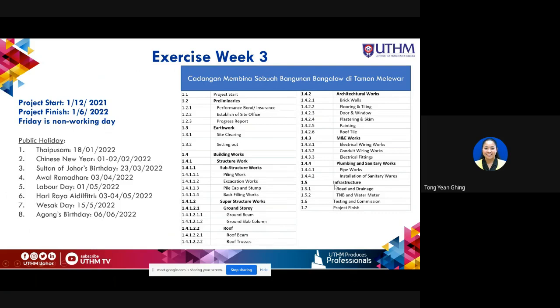And then outside the building also have infrastructure works, which including road and drainage, TMB and water meter. And then after that have testing and commissioning, and then the project can be finished. Okay, hand over. So let's do this example where this project will start on 1st of December 2021 and will be finished on 1st of June 2022. That means this is a 6 month construction